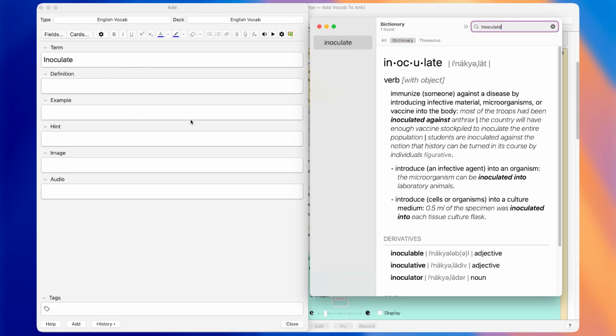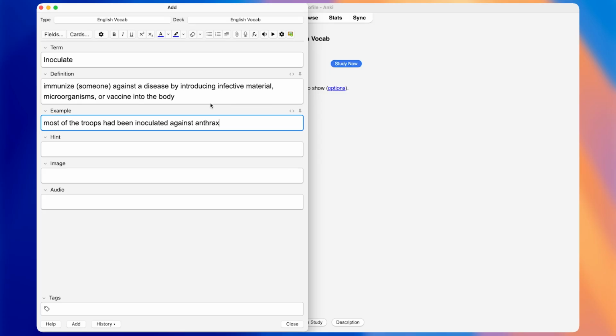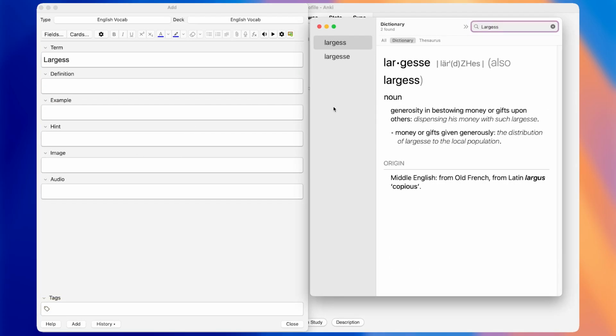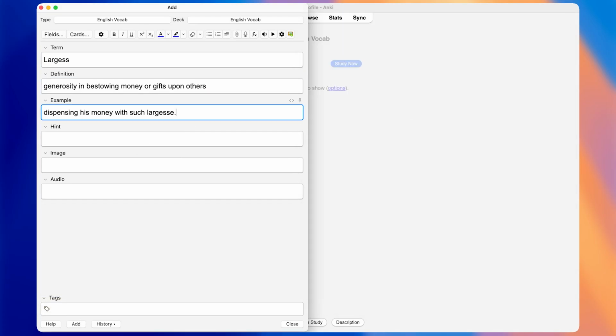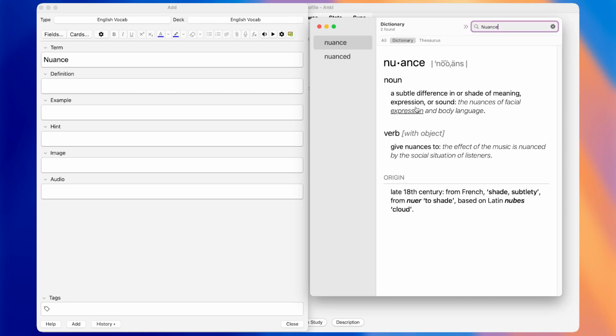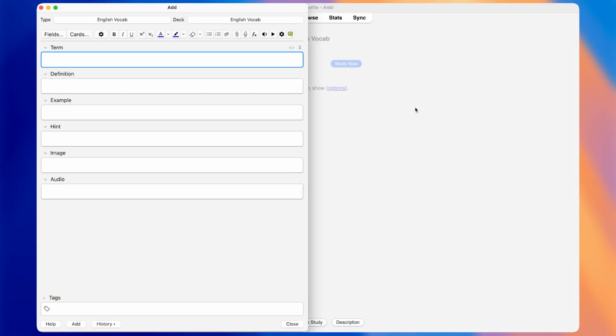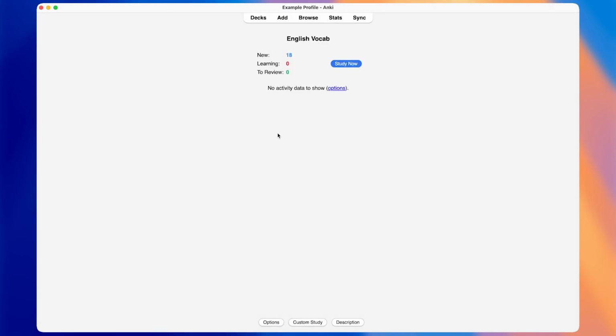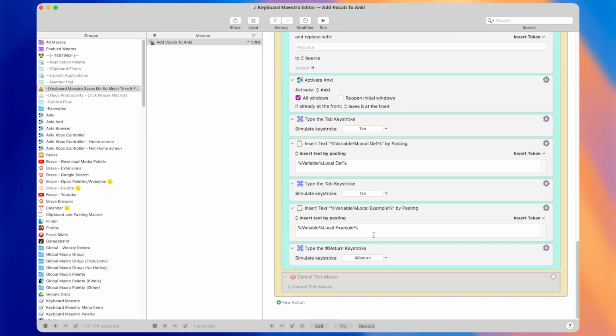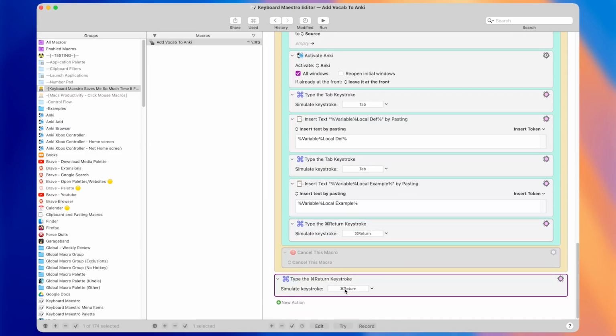So it brought the add window to the front, even though it was not at the front when we began running the macro. So let's test it and run through all of these. And let's also see what it does at the very end when it runs out of words. Okay, so at the very end, it just stops and does nothing, which is probably the behavior that we want. In fact, we could even have it press escape to close out of that add window. So let's add that in. At the very end, outside of everything else, once we've added all the words, we can just press the key